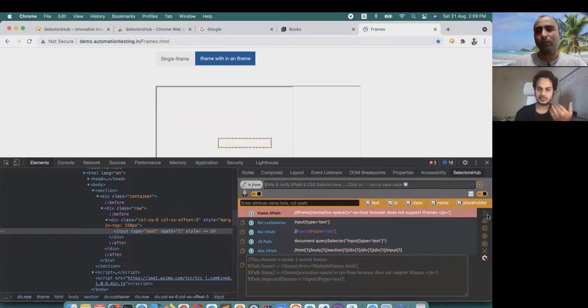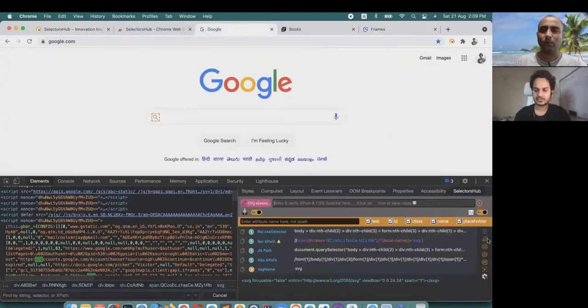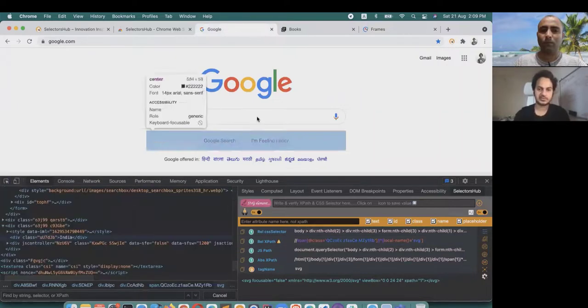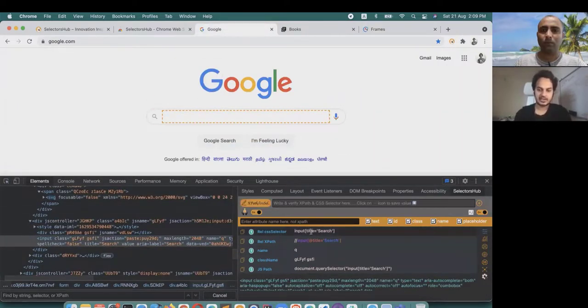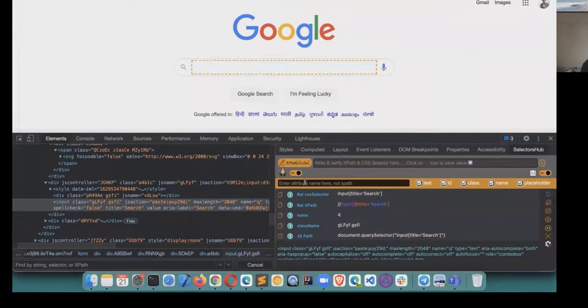Then you have a lot more features in selectors hub like this. Suppose you inspected any element here and it is generating with title, but you want the XPath to generate with something else. Then you can pass the attribute name here, like let's say you want it with aria-label, hit enter, and it will generate with aria-label.